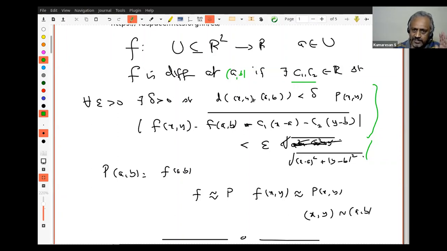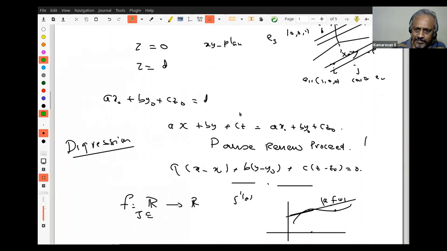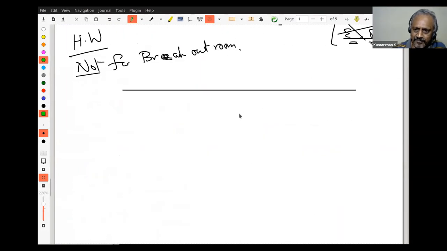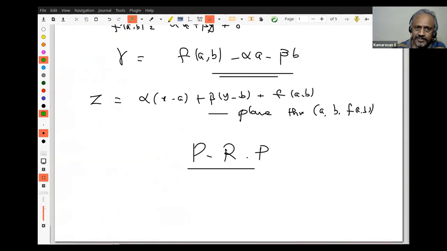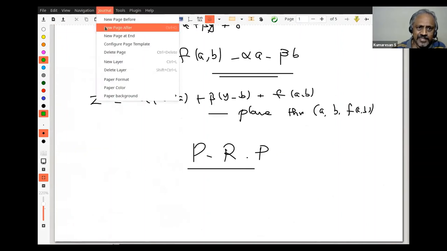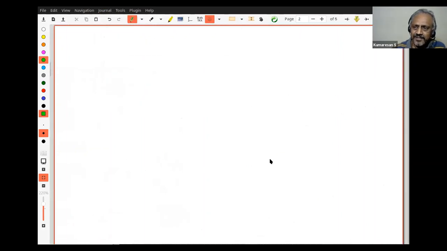You trust the teacher, but you are curious. I want to find out what C1 and C2 are. So the teacher said f is differentiable at (a, b), but I want to find what C1 and C2 should be, because the teacher refused to tell me C1, C2. But she told me it is differentiable at (a, b). Is the question clear to you? Now I want to find out C1, C2. You see that? It's a game. If you enjoy doing a game, then you will like it. But if you think of mathematics as a ritual, then it's boring.